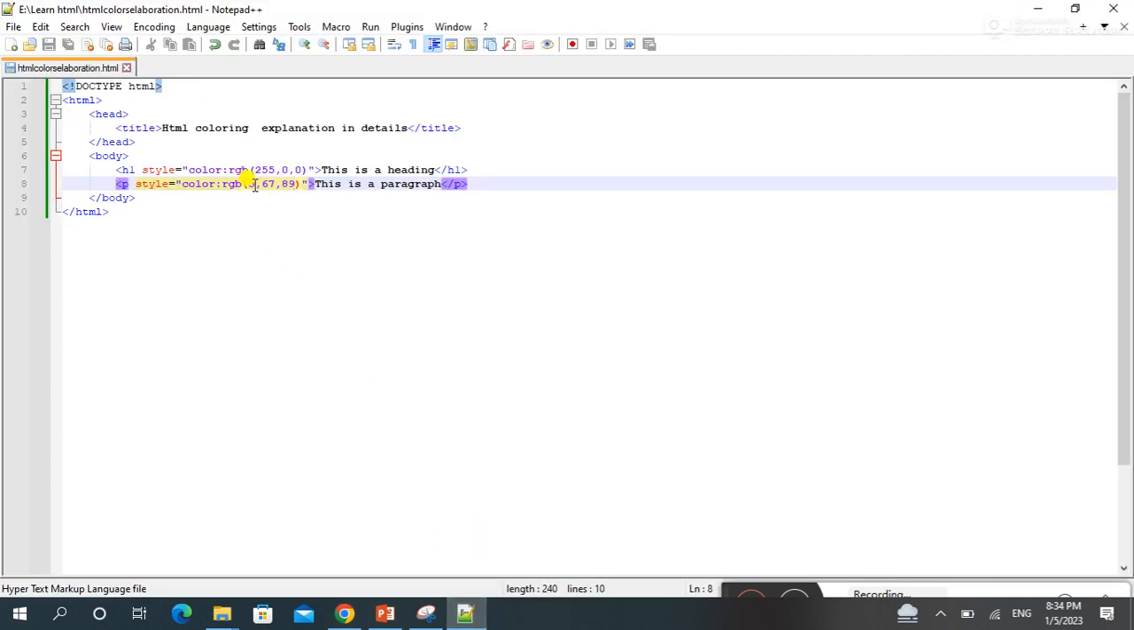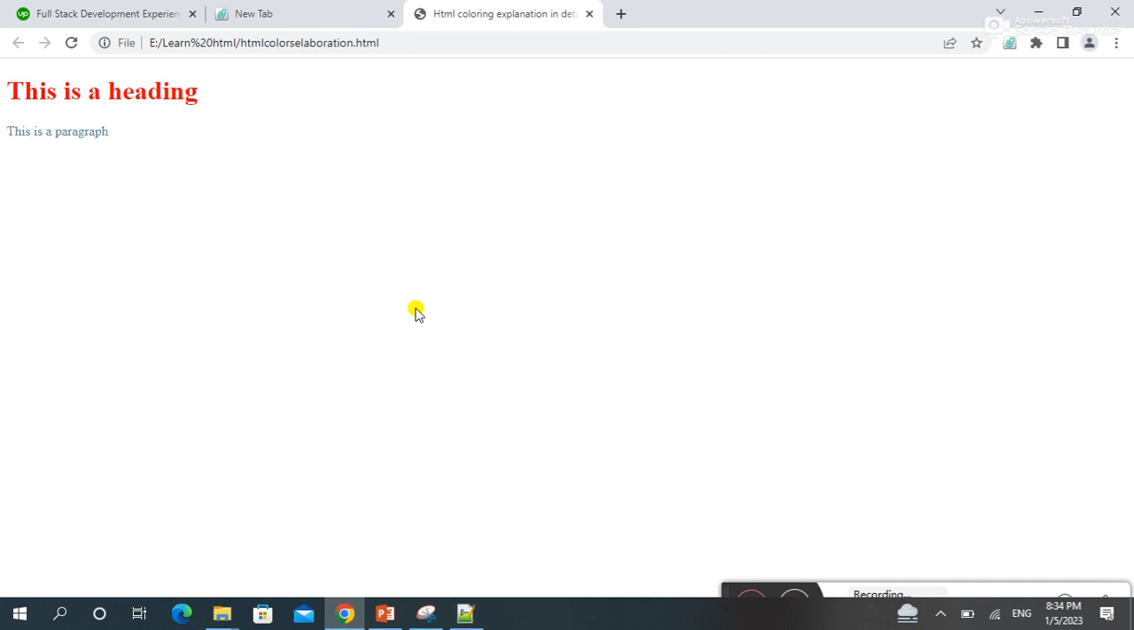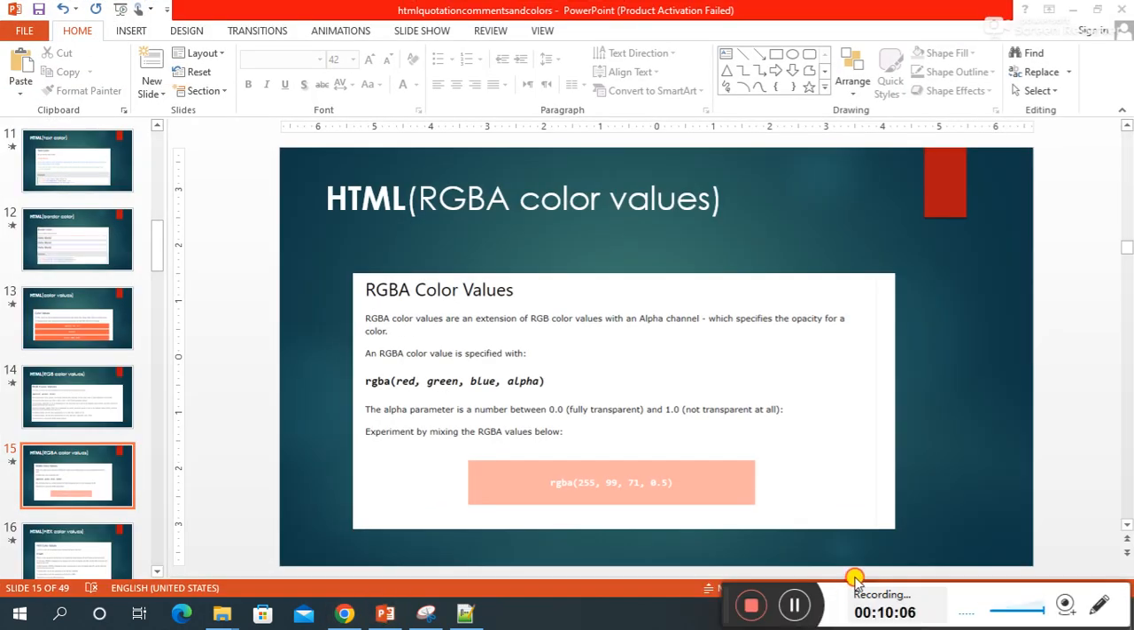If I specify here 89, 150, 180, let's see the color. You can see the text color is changed. So this way you can use RGB values to change your text color, background color, etc. Now move forward to our next slide,